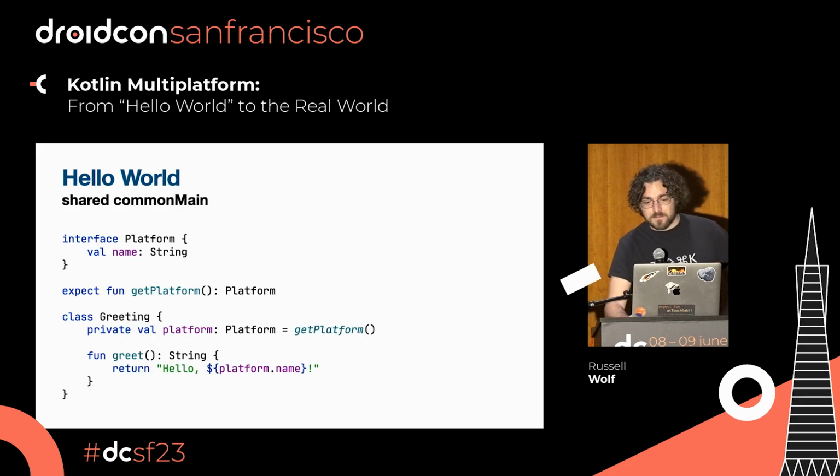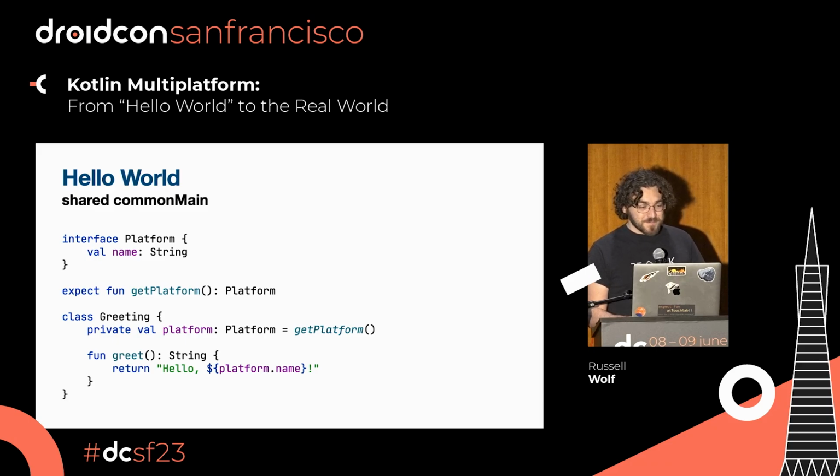So the common code, it gives you a shared module and then some app-level modules. And the shared module has some common code that just defines this platform interface, defines an expect function to get the platform. And so expect and actual are these two keywords that multi-platform adds to the language that let you define a declaration in your common code and then give it an implementation in the platform code. And we'll see those implementations in a moment. And then there's this greeting class that's a purely common class that gets an instance of that platform, asks its first name,